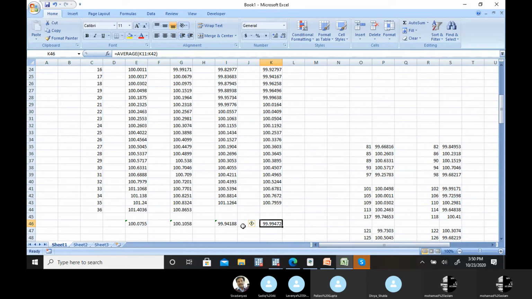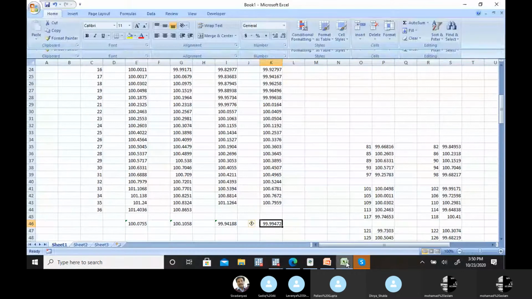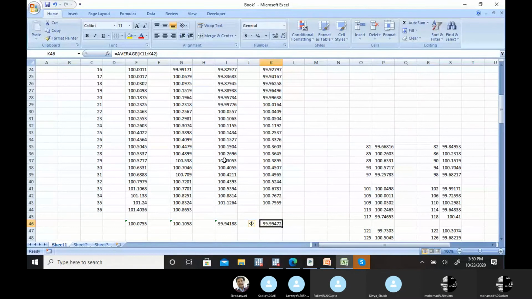Either you can go with the regression model, and if you see these changes are statistically significant, you get the notion that there is a change due to seasonal impact. Or if you want to get rid of the irregular component out of this seasonal change, then you have to eliminate these extreme changes and calculate the average for the remaining part. The average for the remaining part is the actual seasonal change in your data.